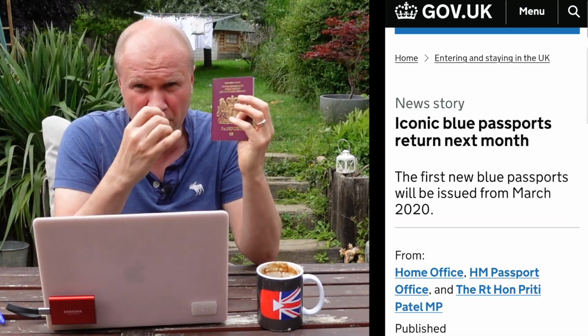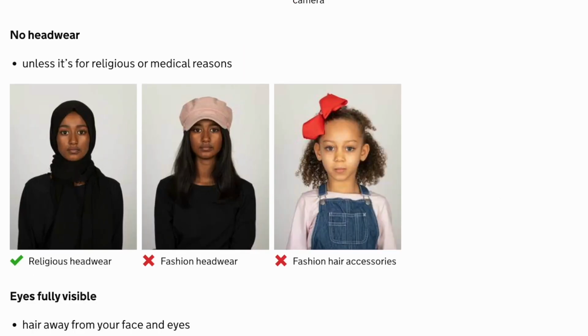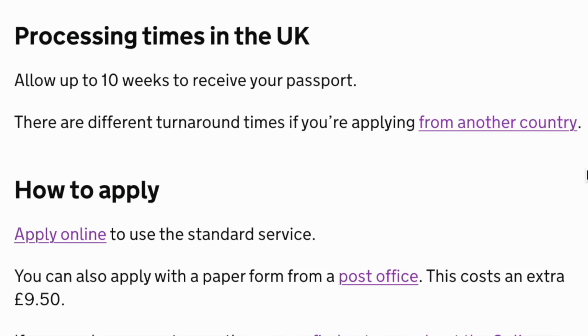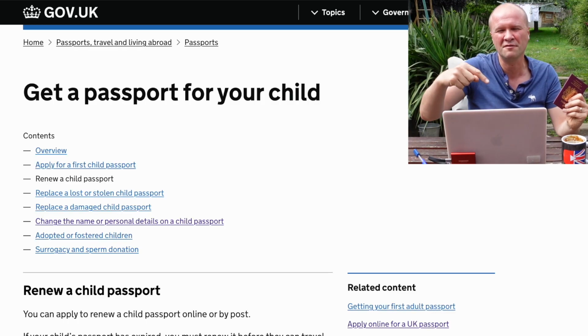I think they now look blue like this because being able to travel and live freely across 27 nations was apparently too easy. But I'm going to be applying step by step in real time so you can follow along with me and hopefully avoid all of the mistakes that I make along the way. And you and me have got to get this done before that holiday, right? There's a link in the description below so you can follow along.